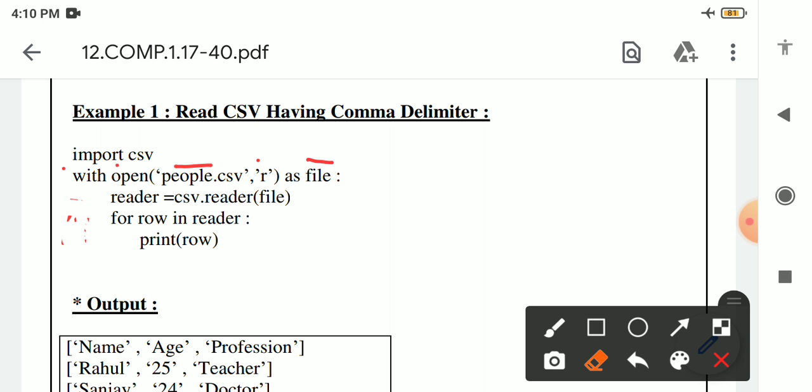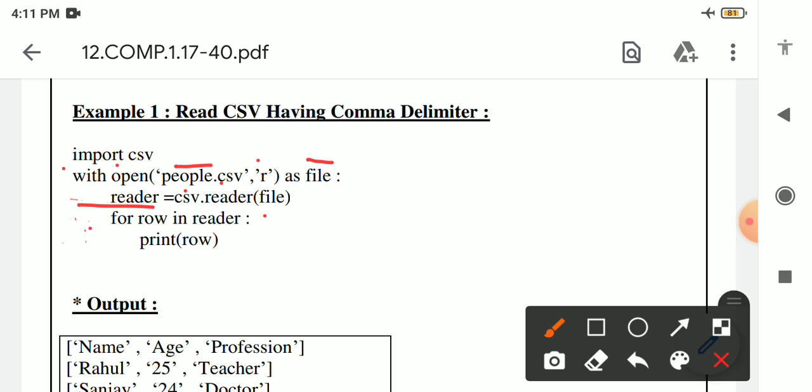Next we will create one variable. The name of the variable is reader. After that the assignment operator, then we will write csv.reader. CSV is the name of the module, and reader is the name of the function, and inside this function we will write file. File is the name of the file object or file handle. In the next line we are using a for loop.